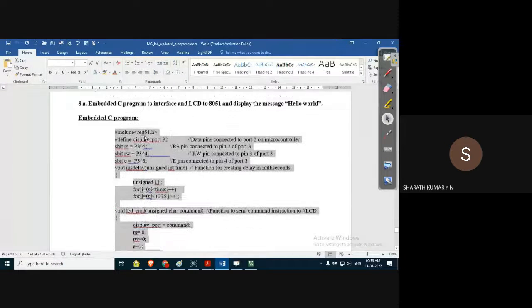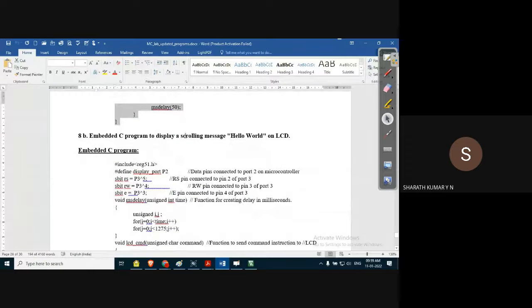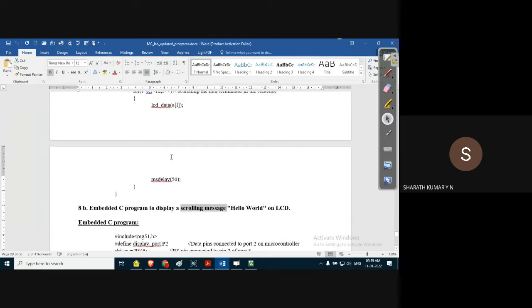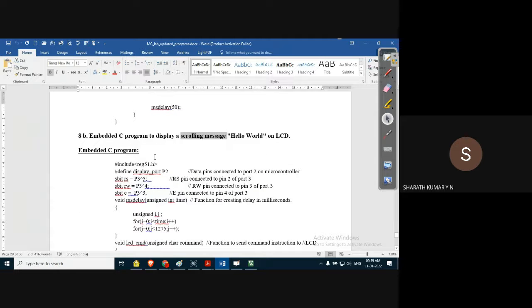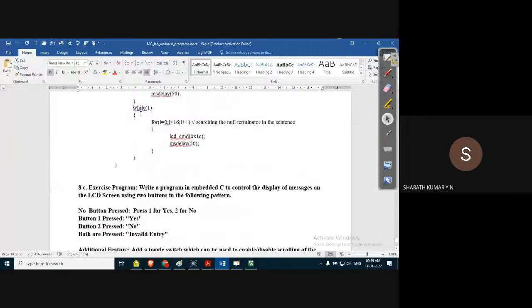That is the 8A program. In the 8B program, we are going to display the character by scrolling the message. For scrolling message display, we have to use an additional module. This while loop helps in scrolling the message.